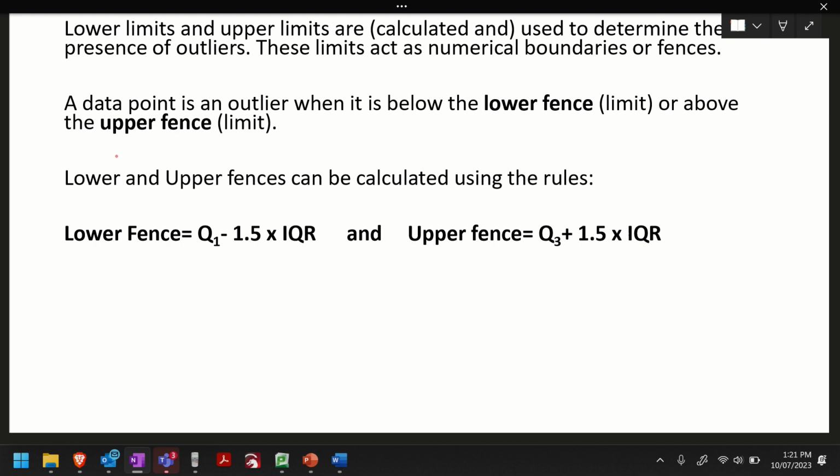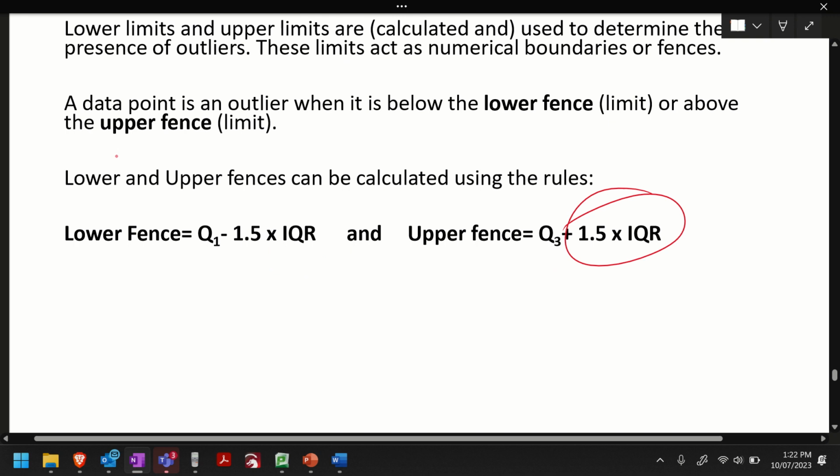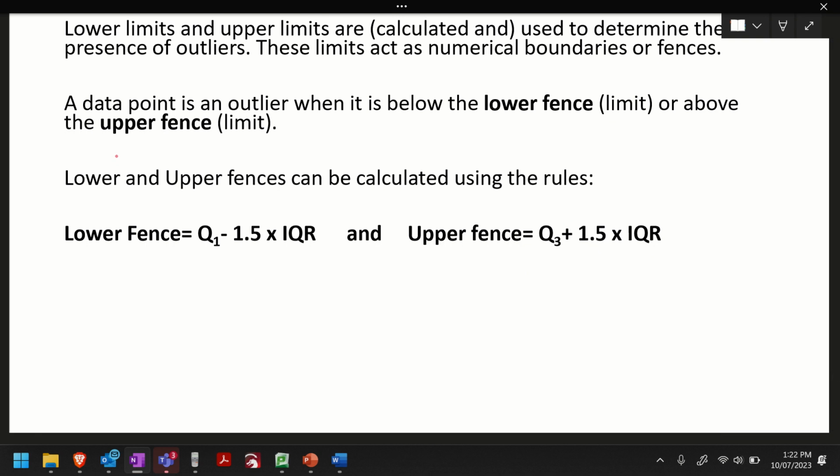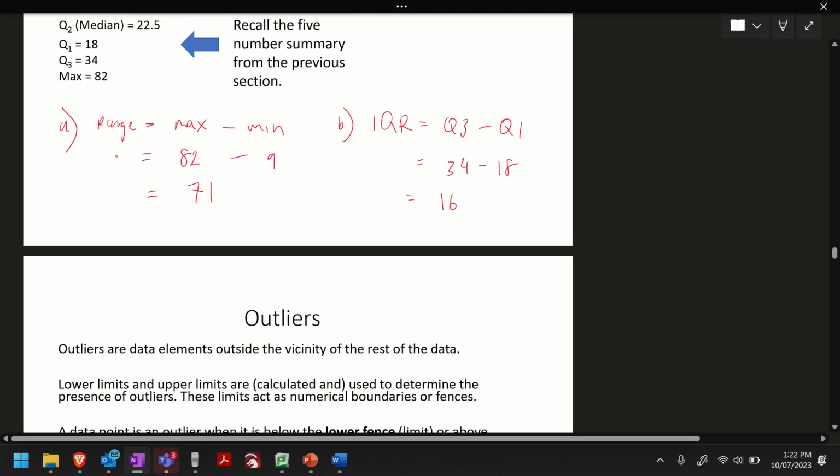For the lower fence, when you're trying to determine the lowest number you can go before it becomes an outlier, it's Q1 minus 1.5 times IQR. That's why we need to know the IQR. For the upper fence, it's Q3 plus 1.5 times IQR. Interquartile range is the range in the middle of the data between Q1 and Q3. With range for normal data, you have the maximum take away the minimum. For interquartile range, it's Q3 take away Q1. It's the range within the data. It's in there, Donovan, if you need it.